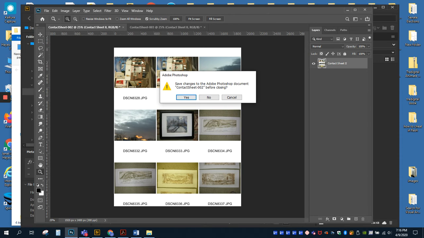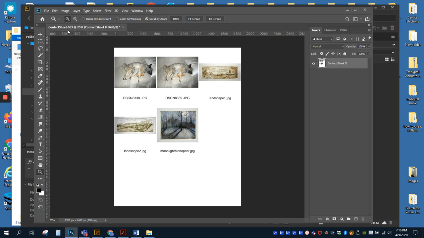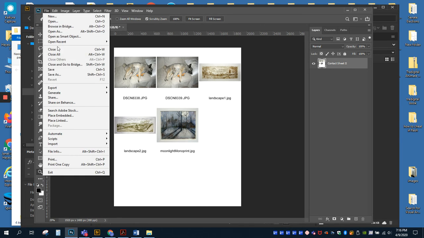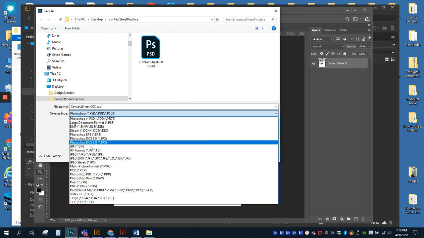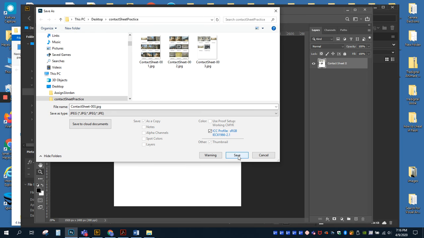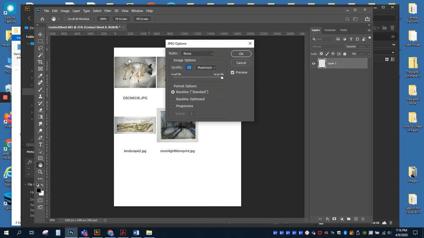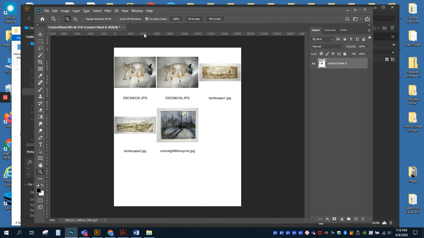It would be saving it to a PSD. I don't want to save the PSD, so I'm going to click no. We're back to now the last one, which is contact sheet 3. And that is a save as, also as a JPEG. Save, and yes. Okay, and I'm going to close this